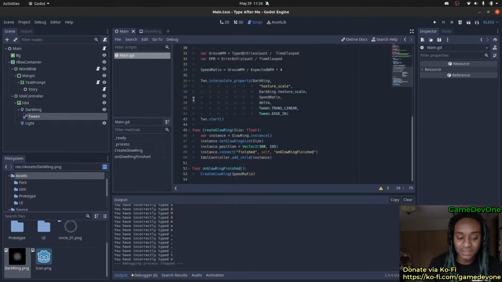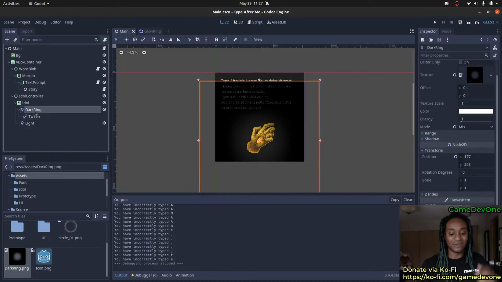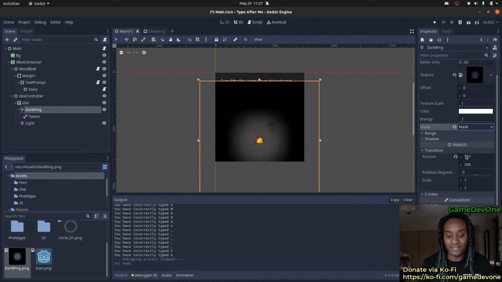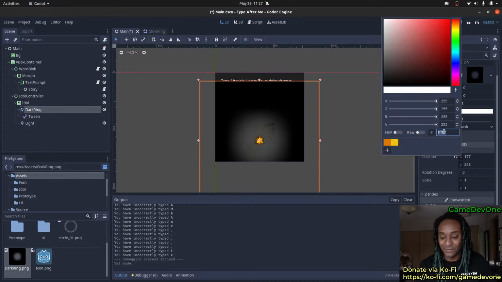Okay. Next, I guess what I need to figure out is how to make this dark ring not be so annoying and not have that black border edge. I don't want you to be able to see that. And I wonder if I mess with the mode settings that I will get that mask. Look at that. Oh, it's so bright. What if I